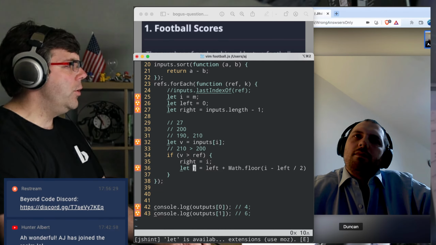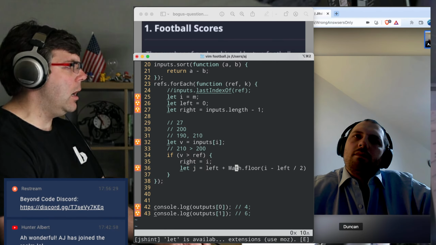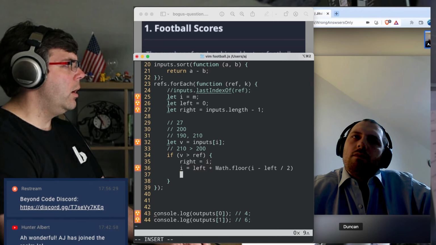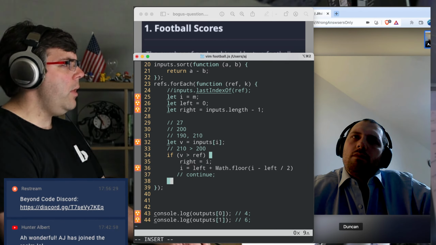But this J would actually just become our new I, because I've already set I to the new boundary, and then our left doesn't change. Our left is going to stay the same. So I think this would be the result here. And then we would need to continue whatever our loop is. We don't have our loop set up yet, but that's fine. I'm just going to put this here for now. Now, otherwise,